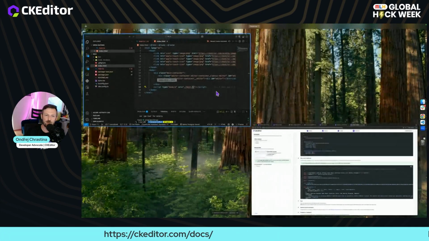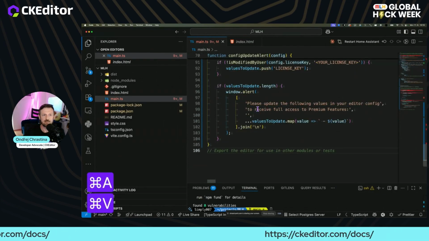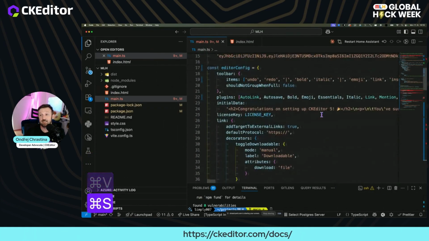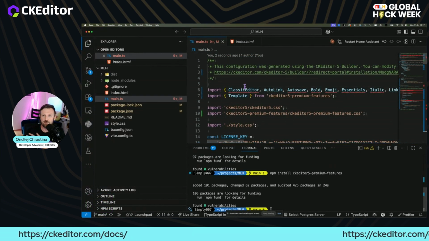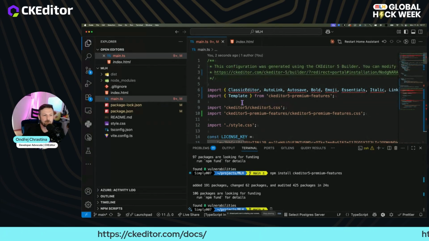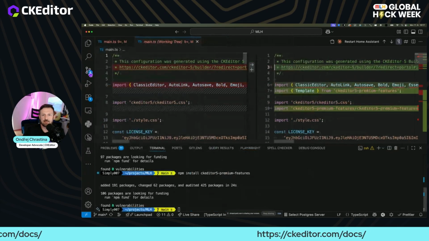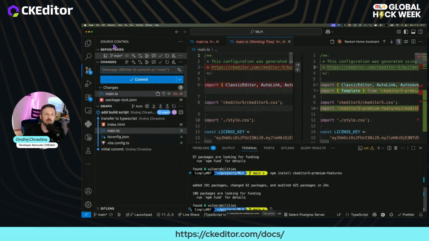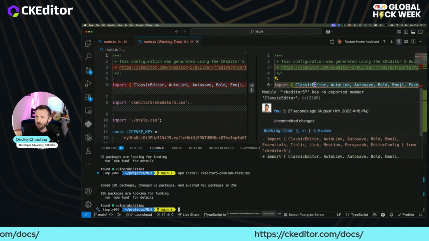So now I'll show you how you can do the changing. So I will just paste the whole main.js. You can see that we got a bunch of errors in place. So the first one is, let me open it up in the comparison UI. I did it by opening up this source control, and I selected main.js in the changes. You can see,